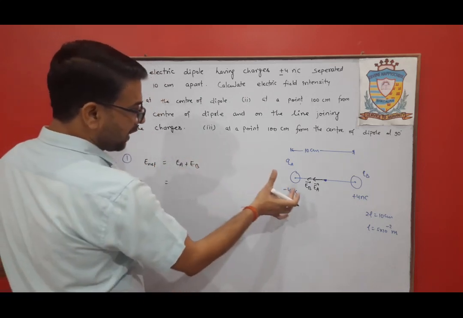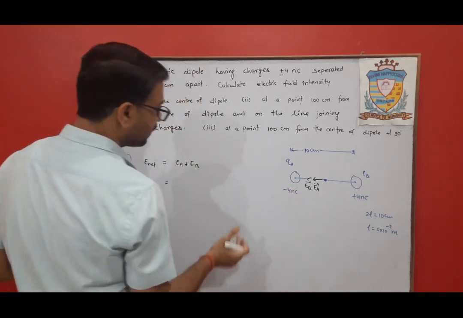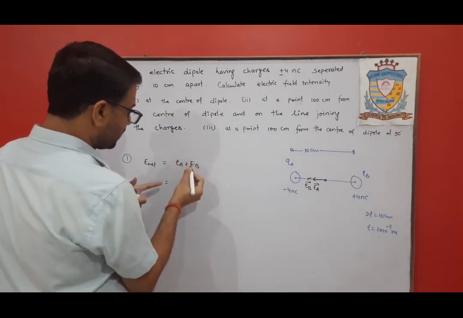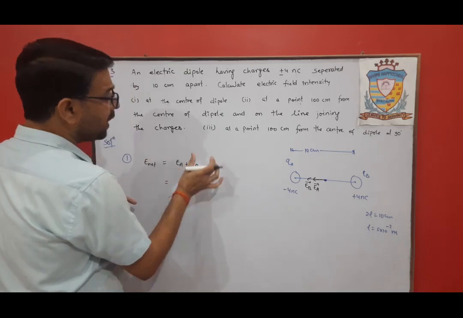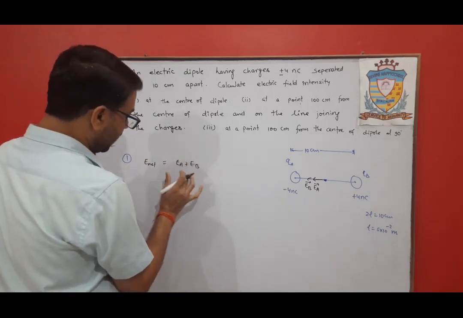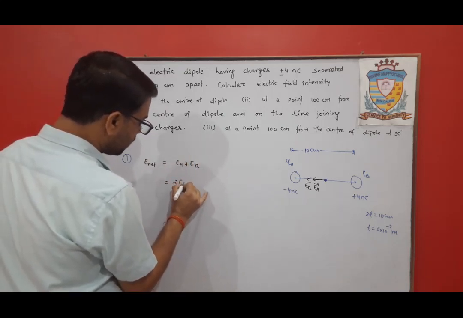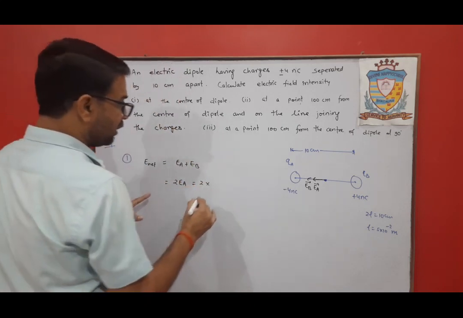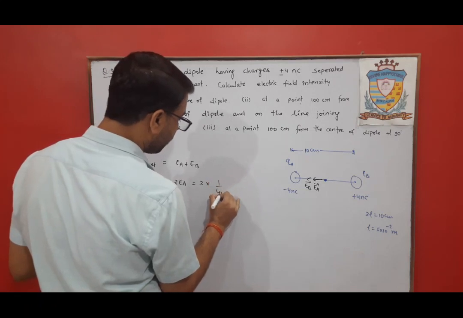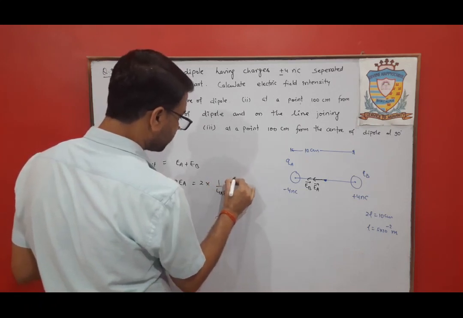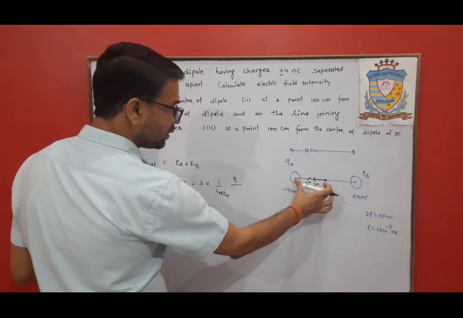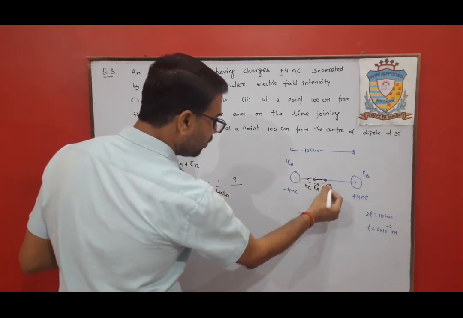Or if the magnitude of these two charges is the same, then the electric field intensity will be equal. That means this can be written as 2EA, or 2 into EA. What is the value of EA? That is 1 upon 4 pi epsilon naught, Q, the magnitude of either charge, upon the distance from the center to this point, that is